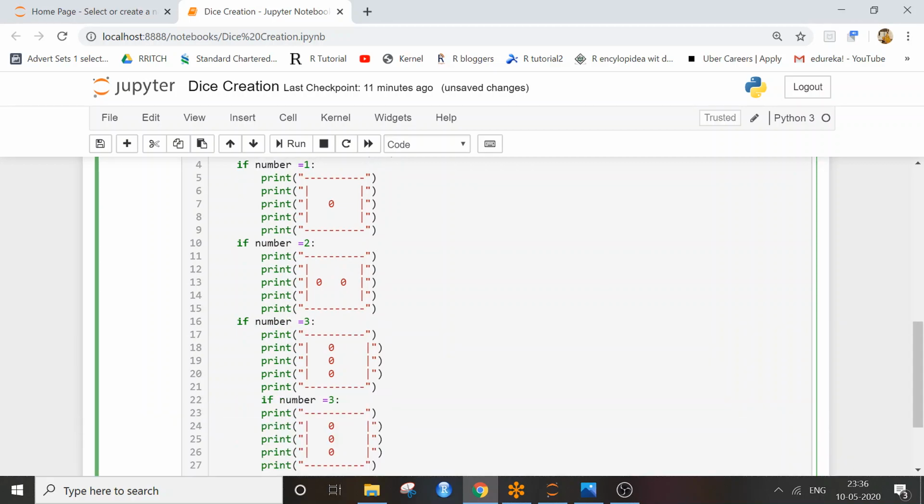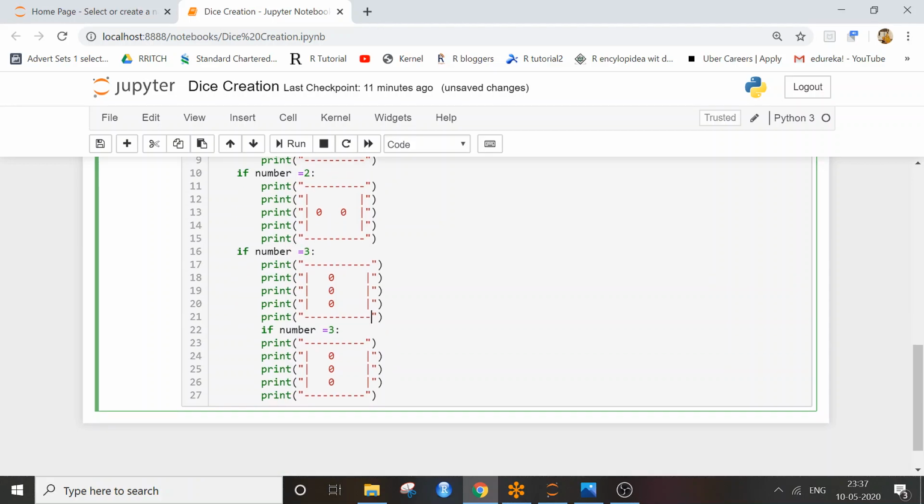Let me add another hyphen here for correct indentation and correct die size. Yeah, it looks good. For number 4, it should have 4 markers, which will be here 1, here 1, 1 here, space.